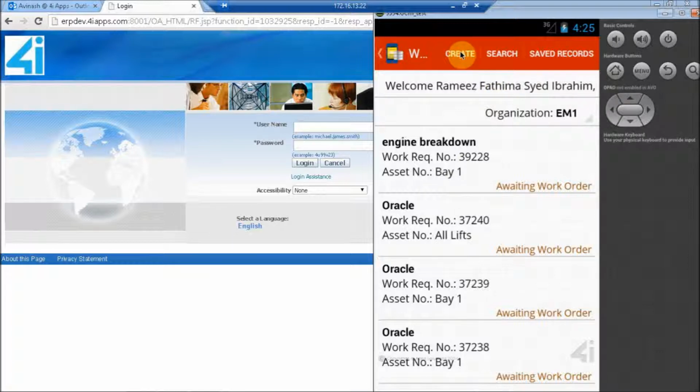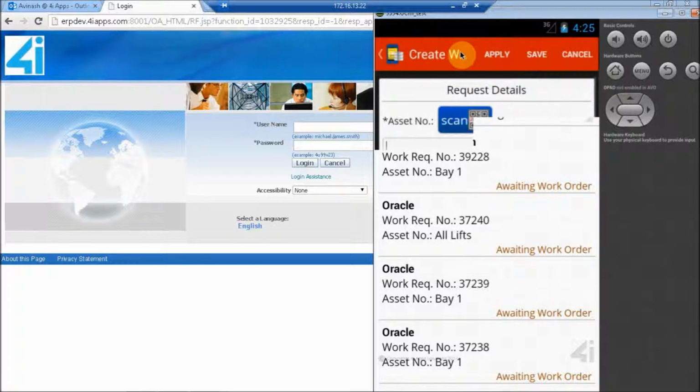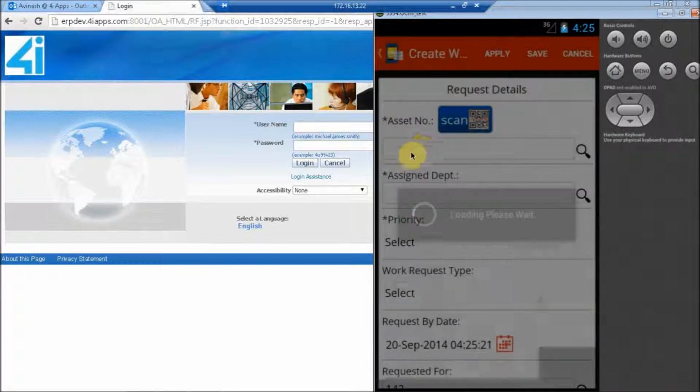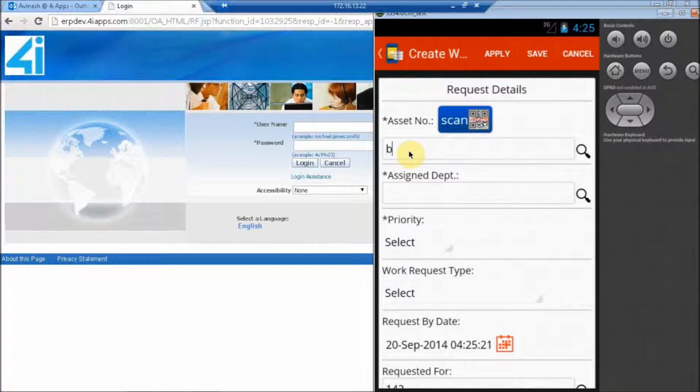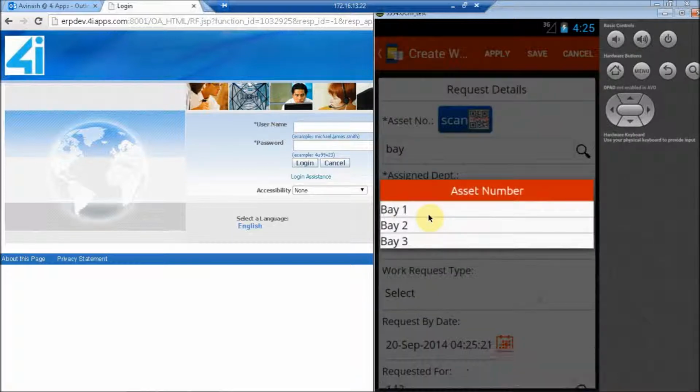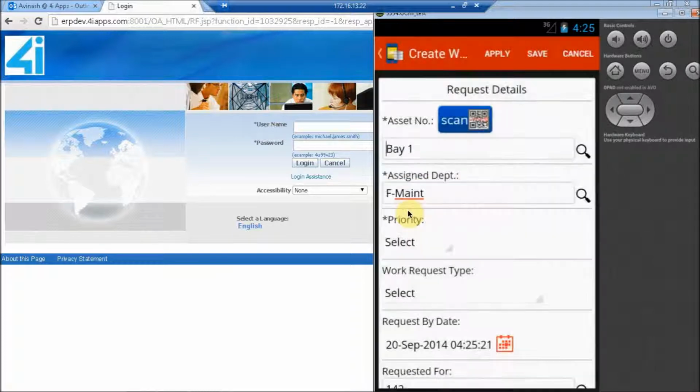So, I'm creating another work request. So, now this will be saved offline. I'll select the same asset number.